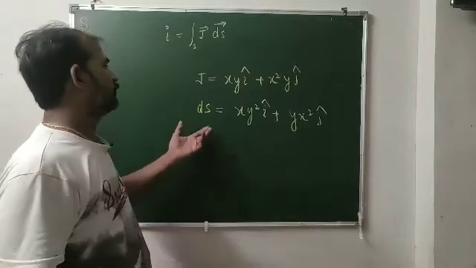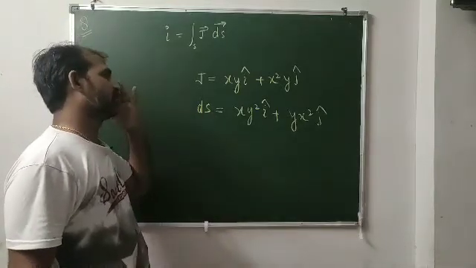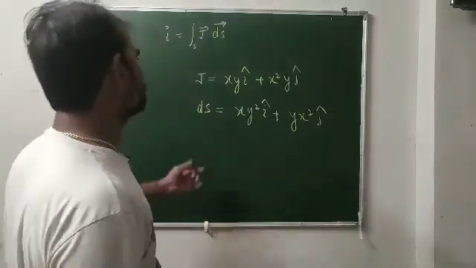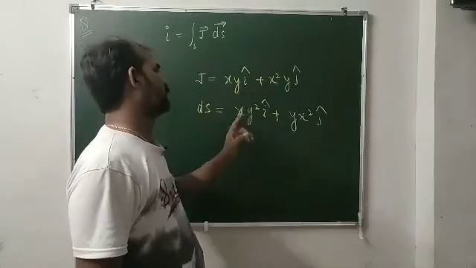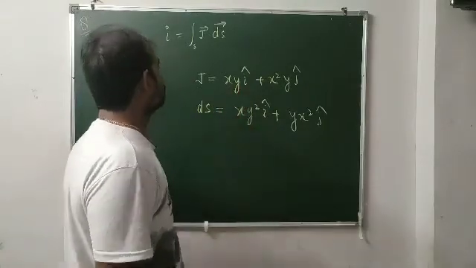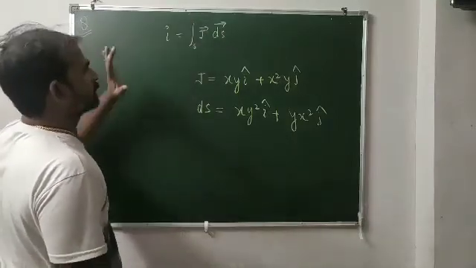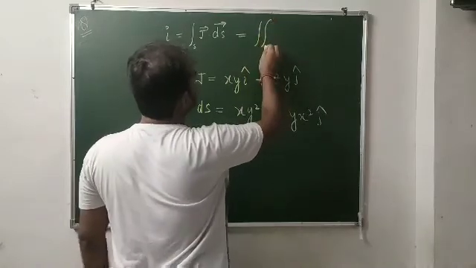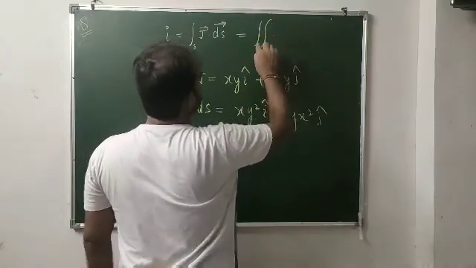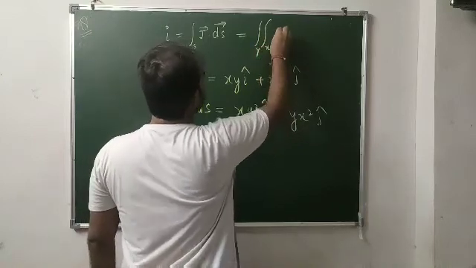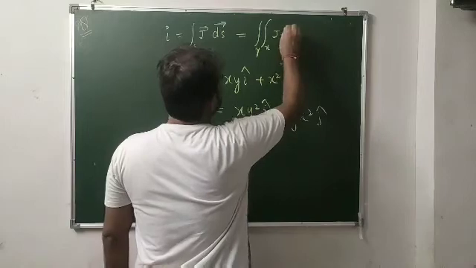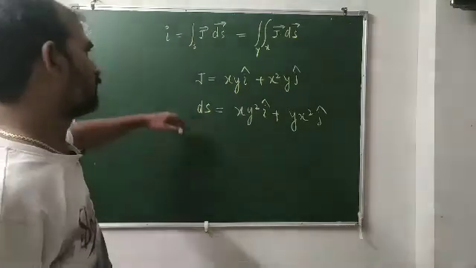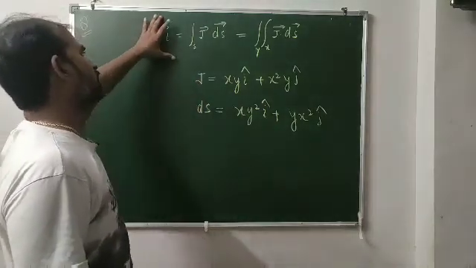Students, if you want to solve, you can get the value of J dot dS by doing a simple dot product, but here two variables are there, x and y. So this integral is not a single integral. This inherently has two integrals, one for x and one for y. Students, this type of problem will not be asked to you in the board examination, because this is out of your syllabus. So simply, you learn this formula only,